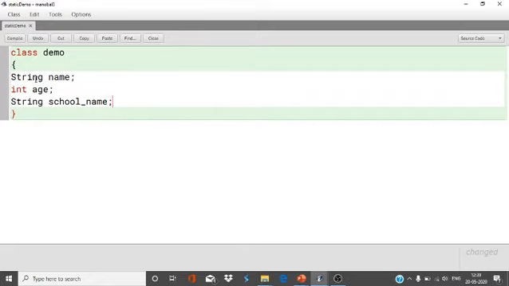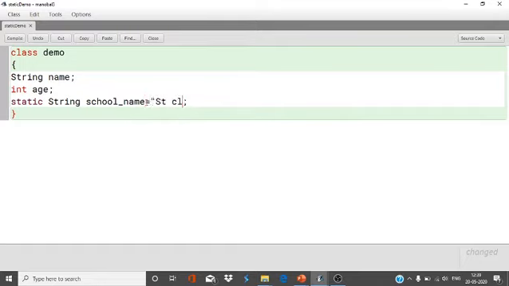Now see, the name of the student can be different, age will be different, but the school name will be the same. So the school name is the common property, so I will declare this as static. With the static keyword I will declare this, and I will allocate the memory once.